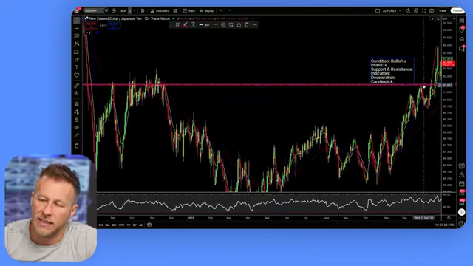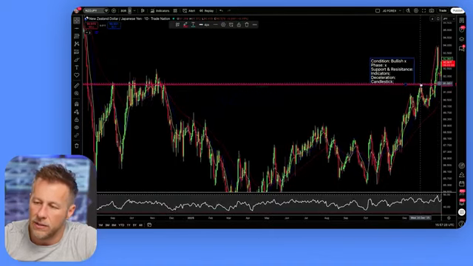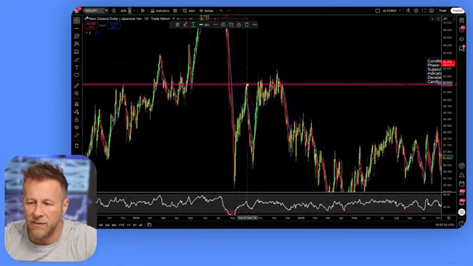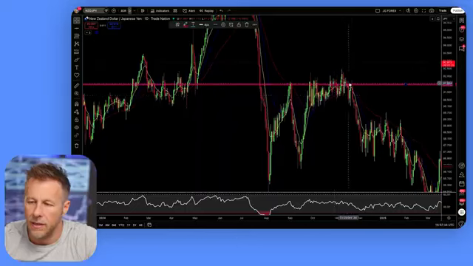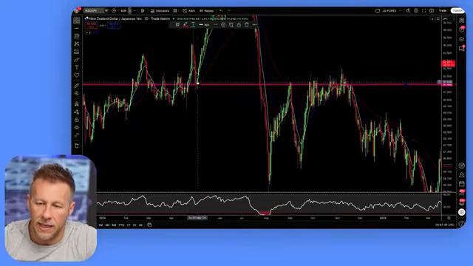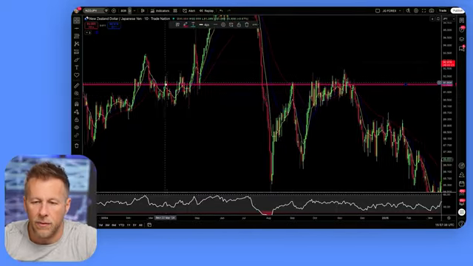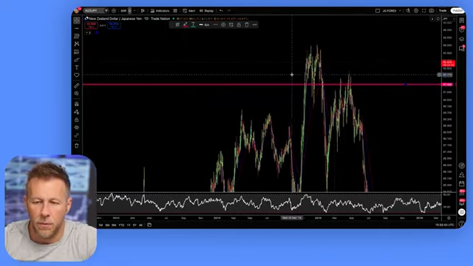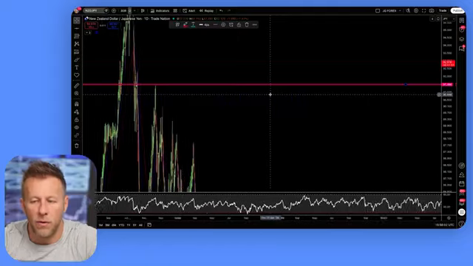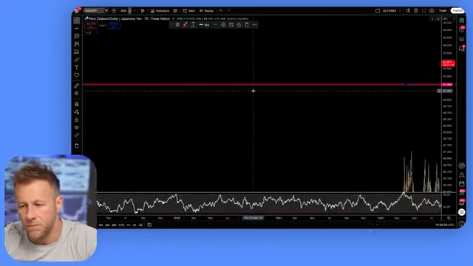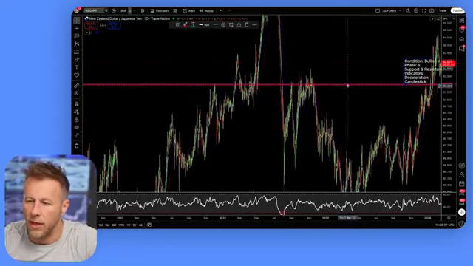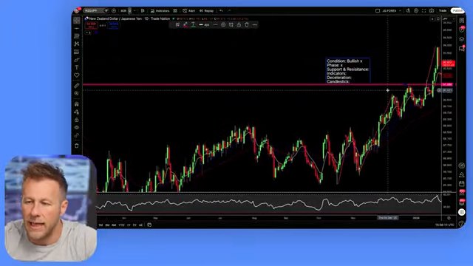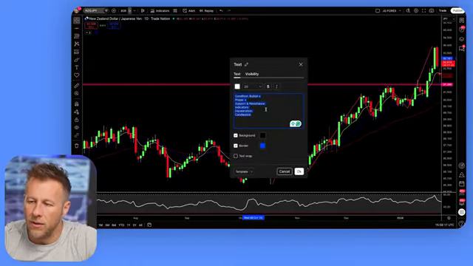One, we've got a previous test here. Okay, so we've got this previous test here. We can also zoom out and we can see how many tests of that level we've actually got. So we've got one here, right? We've got one here, we've got one here. Okay, we've got a little bit here as well. You can go back and back and you can see, look, you got another couple here as well, right? So it's a powerful level of structure, right? Which is great. We now know that we're onto a pretty decent setup because we can now cross out this